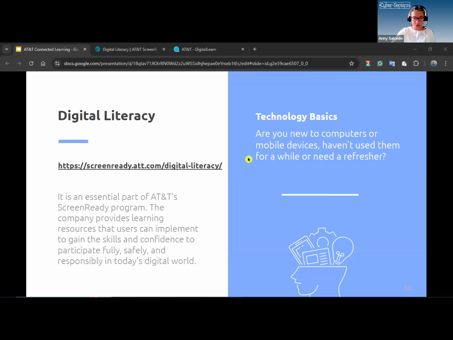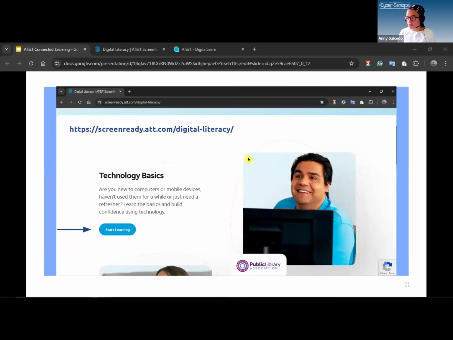And they have a portion for those of us who want to start from the very beginning that is called Technology Basics. So if you are new to computers, mobile devices, and haven't used them for a while or need some form of refresher, this is a portion of this AT&T Connected Learning program that you can take a look at. And when you go to that link,